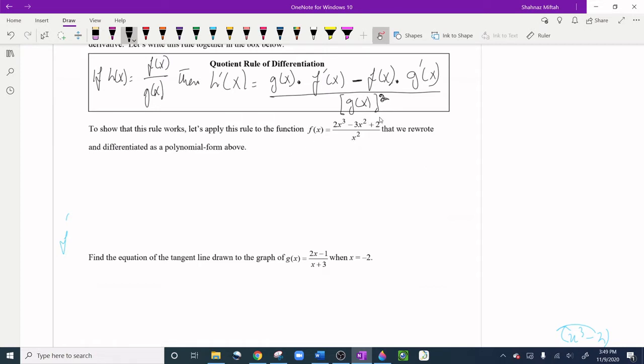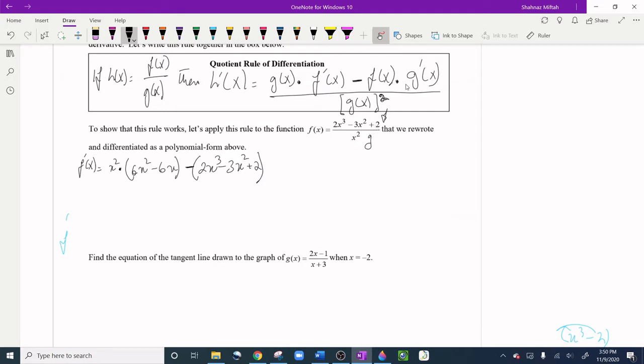Okay, in this one, that's my f and that's my g. So let's try f prime x, and we already know the rule for the quotient, it's right here. So I'm going to keep the g function as it is, x squared, times the derivative of f, and this is my f function, so I'm going to take a derivative of that, 6x squared minus 6x, done, minus, then we have f of x original, parentheses, 2x cubed minus 3x squared plus 2,